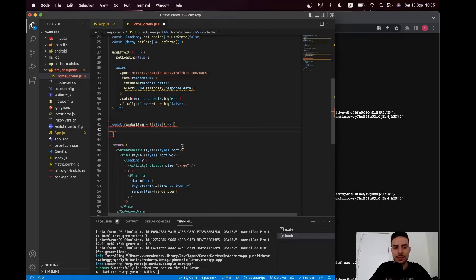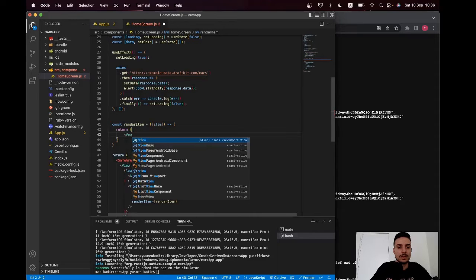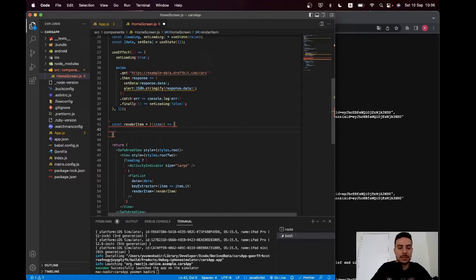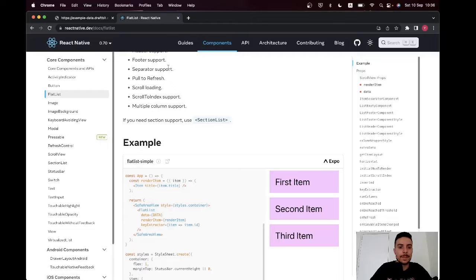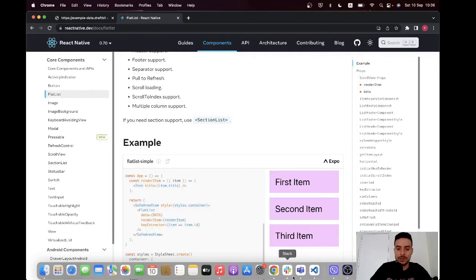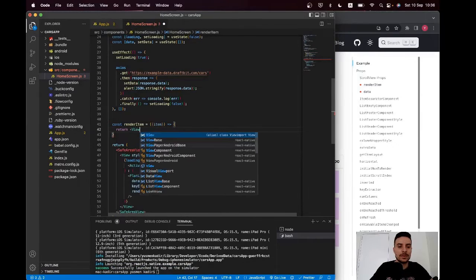And for this one, we can just say return, see the docs. Yeah, we have to say return because I'm using the curly braces and not this syntax right here. But yeah, we can do it this way, of course. So return view,